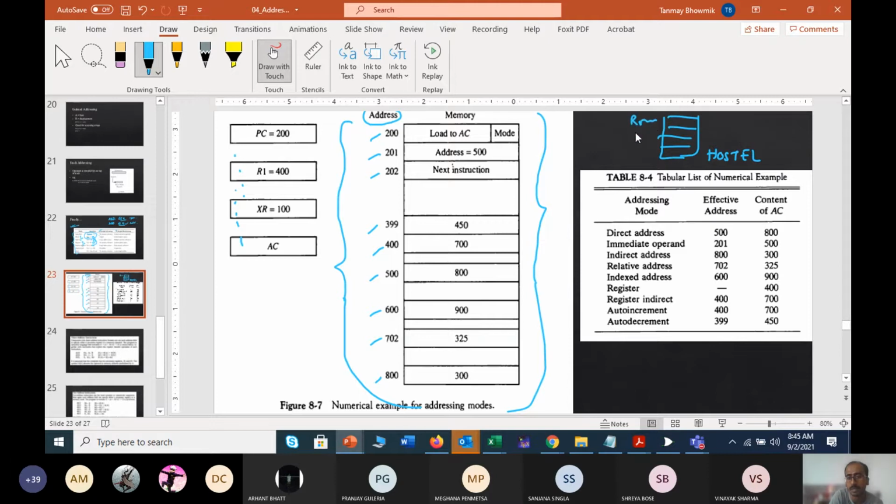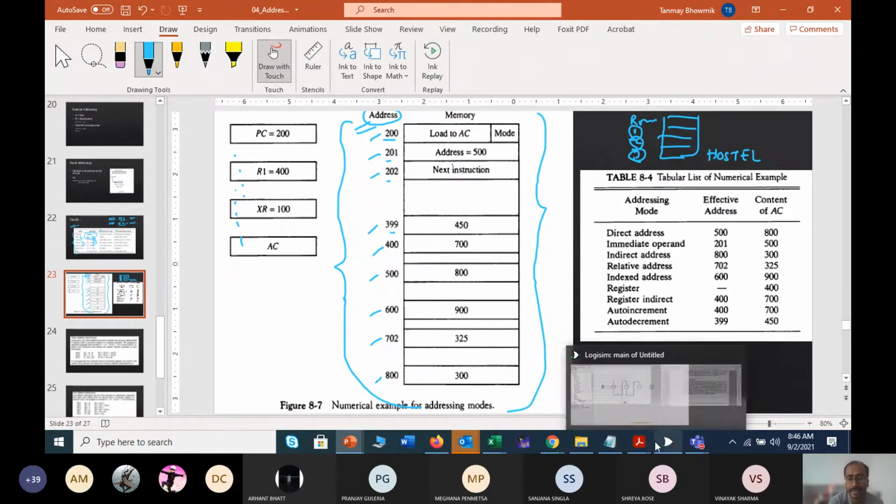These room numbers are actually your addresses, right? And this whole block, not any single one, is your hostel. That means in your system, this whole thing is your memory, right?